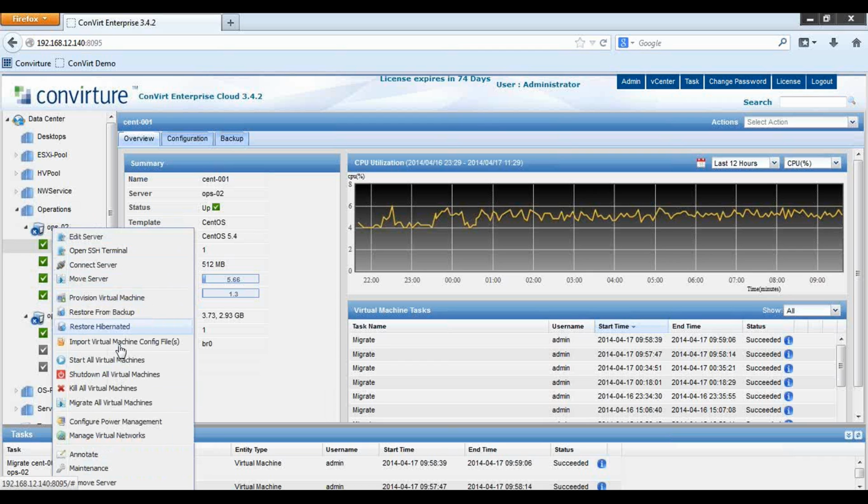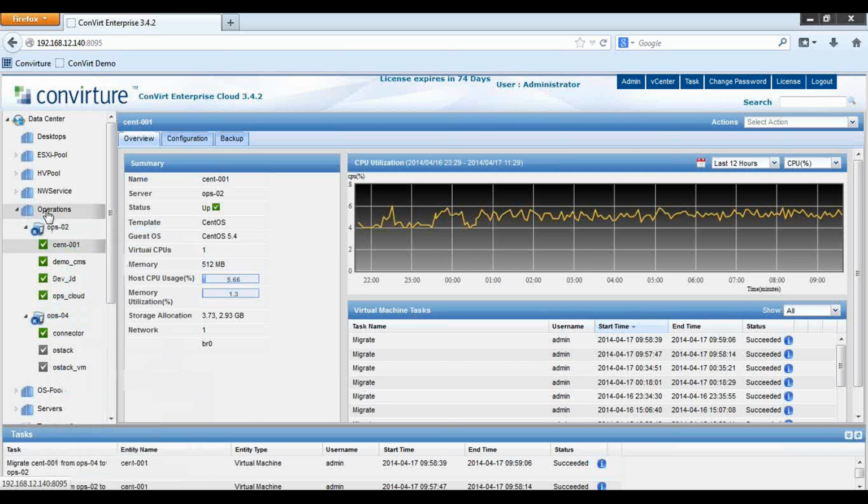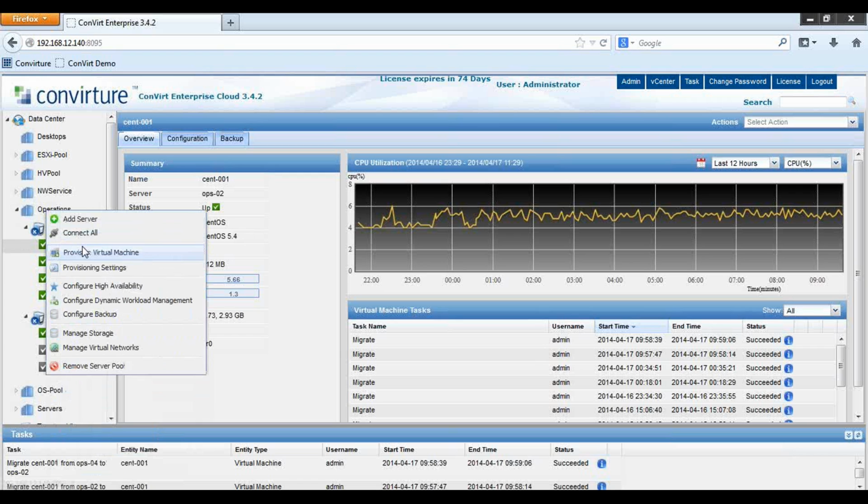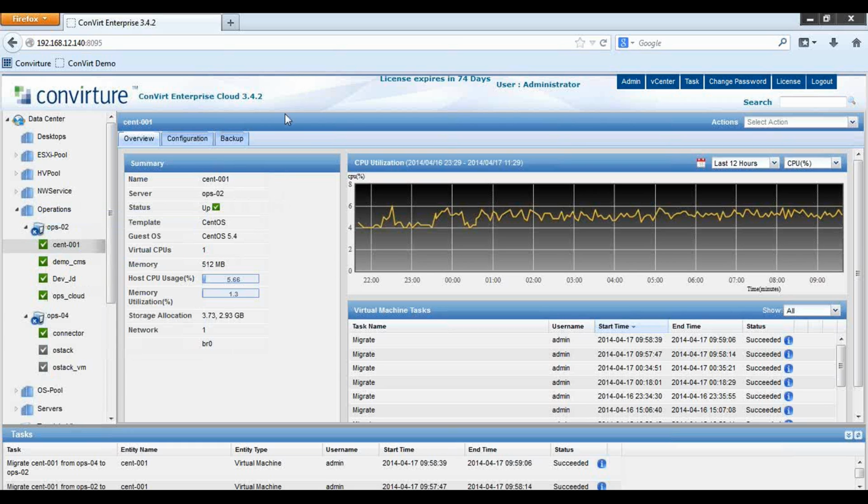Here's the host level. There's a number of things. We're going to get into some of the more advanced capabilities here. And then at the server pool level, there are server pool-wide operations that you're going to be able to take. And we're going to dig into this a little bit, too, as we move forward. But I just kind of wanted to walk through an overview of Convert as a tool and some of the general capabilities. So let's get into the story a little bit about how we might implement a mission-critical,